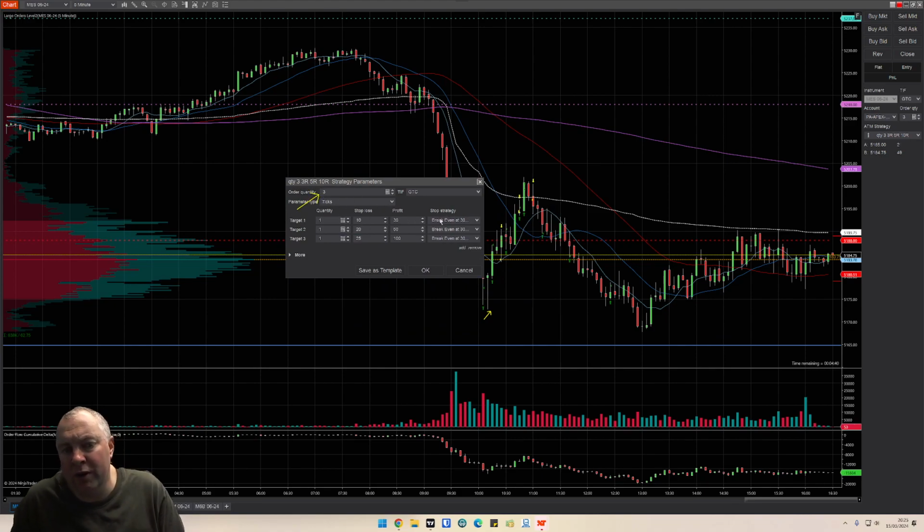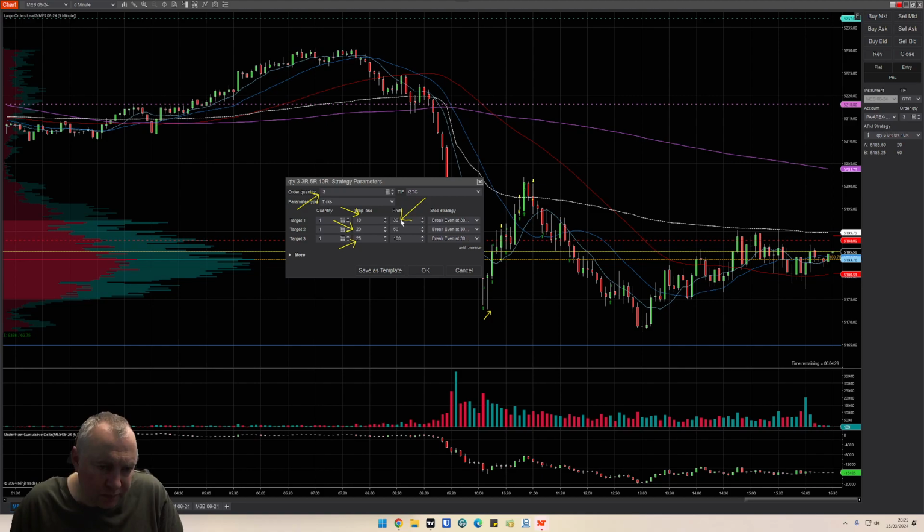So when I get in long or short, I'm going to put a stop loss at 10 ticks, 20 ticks, and 25 ticks like before. But then when I hit 3R or 30 ticks, it's going to break even at 30 ticks. So I've got a break even stop strategy, and then it will do the same. Oh no, sorry, the break even is always at 30, and whenever it gets to 30 ticks,